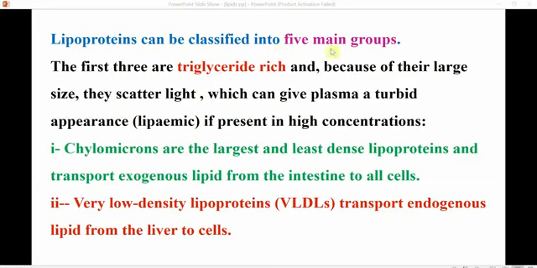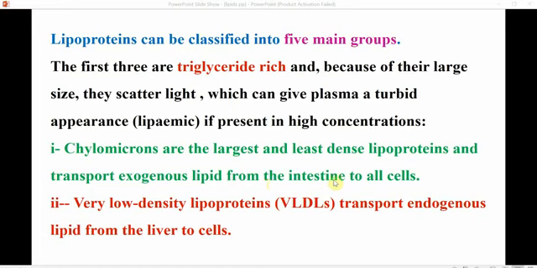Lipoproteins generally are classified into 5 main types. The first 3 are triglyceride rich, and because of their large size they scatter light and can give the plasma a turbid appearance, the lipemic form, if they are at high concentrations. The 5 main types include, first, the chylomicrons, which represent the largest and least dense lipoproteins and transport mainly the exogenous lipids absorbed from dietary lipids